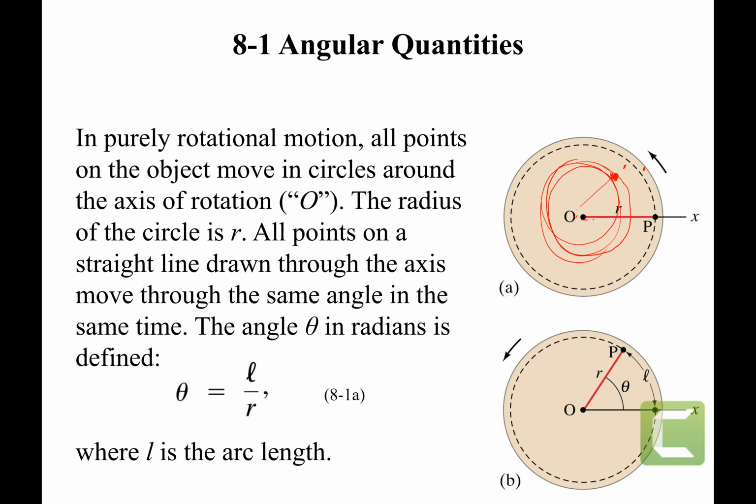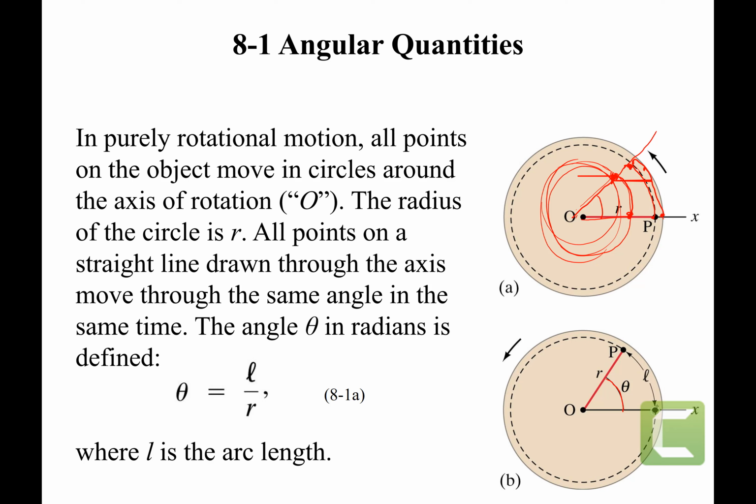That means if a particle is here and after some time it is over here, or if the particle is here and then after some time it is here, or if the particle is here and after some time it is over here, the angle for all of these is going to be the same. There's a relationship between the theta. So theta represents the angle